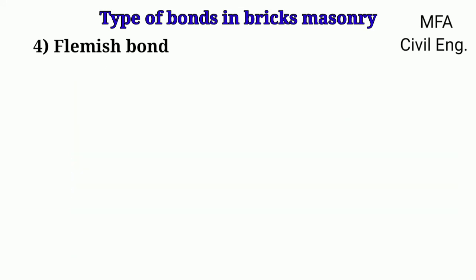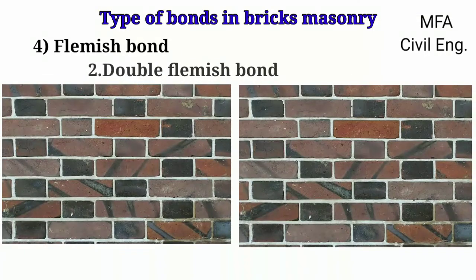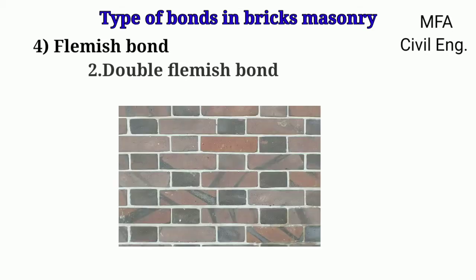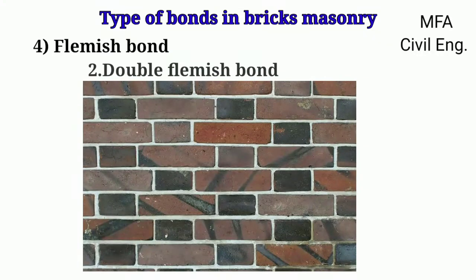Double Flemish bond is a typical type of Flemish bond in which the same appearance in each course can be seen on the front face and the back face. In short, the appearance of the wall on the facing and the backing side is the same in each course. Since headers and stretchers are laid in each course alternately, double Flemish bond shows a better look or appearance than the English bond.